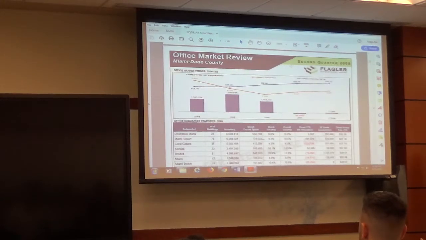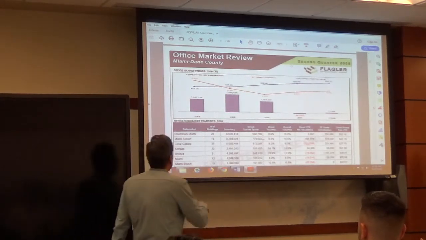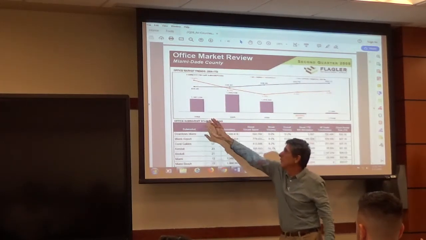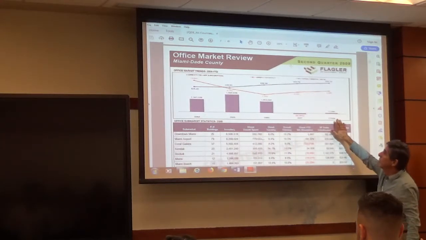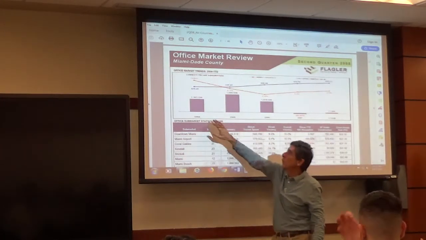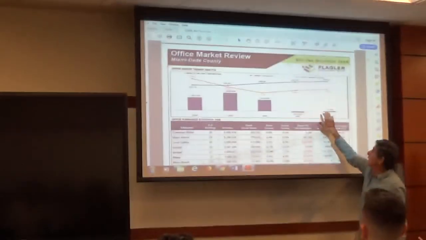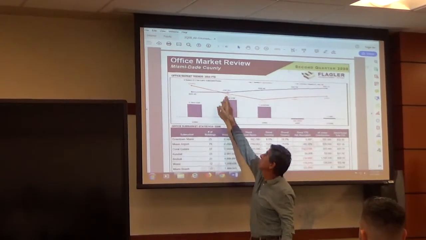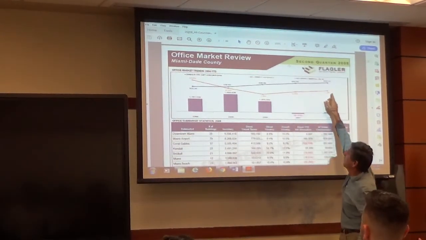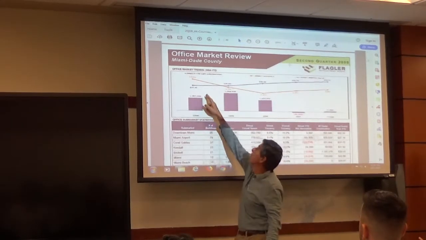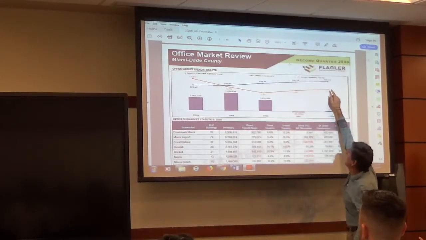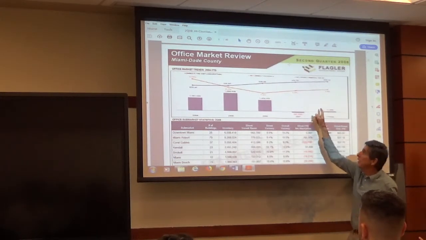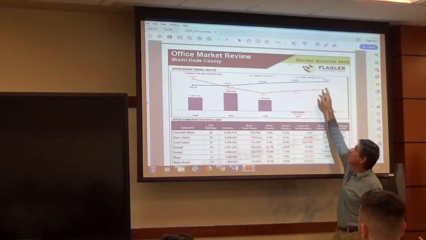So, I mentioned this the other day. Trends tell stories. Numbers tell stories, right? A 3-year period, right? Absorption. You're definitely seeing some slowing down, right? Vacancy, right? Starting to go back up, right? Rental rates are going up. What do you think is going to happen to rental rates at some point down the line here? They're going to come down. Because these trends here are going to ultimately drive that.